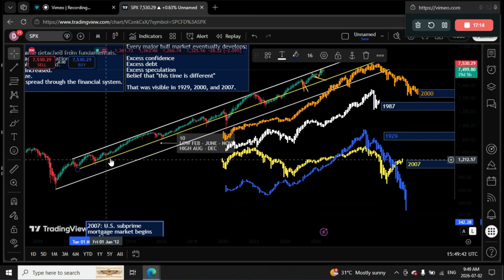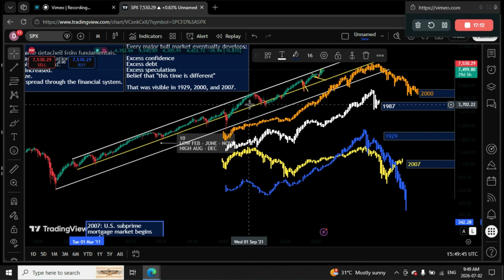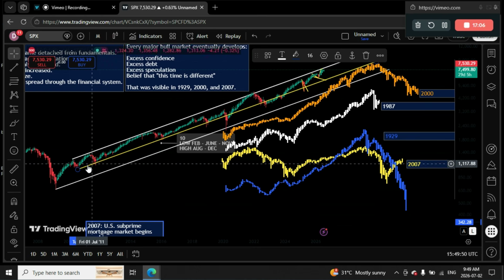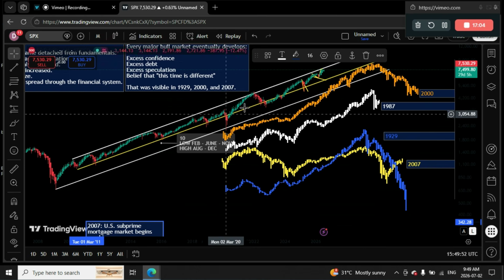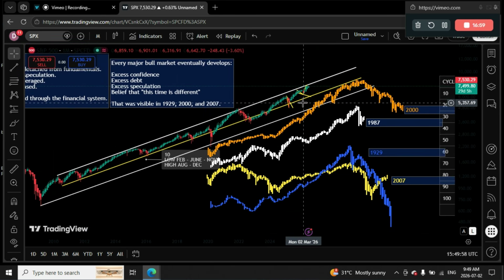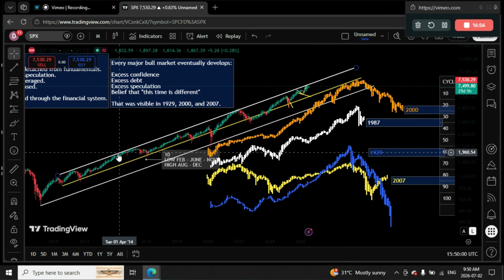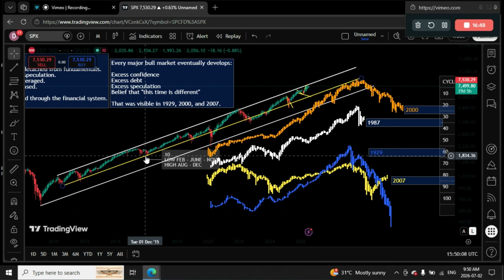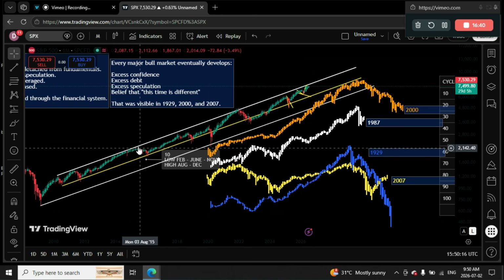So I wanted to note that the market has come back many times into what I call the comfort zone, and that seems to be this yellow line right here. And once the market gets comfortable with being up in these high places, it eventually needs to seek its gravity center, and it needs to find a comfort zone again where people are comfortable buying stocks again after being in a euphoric market.